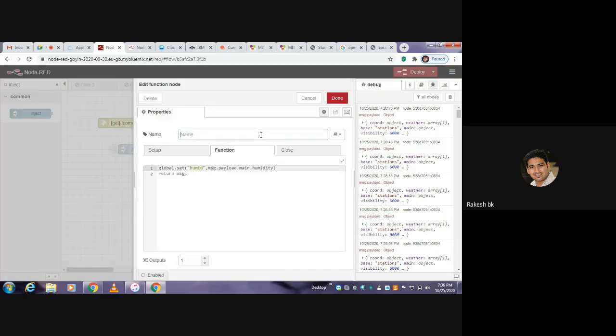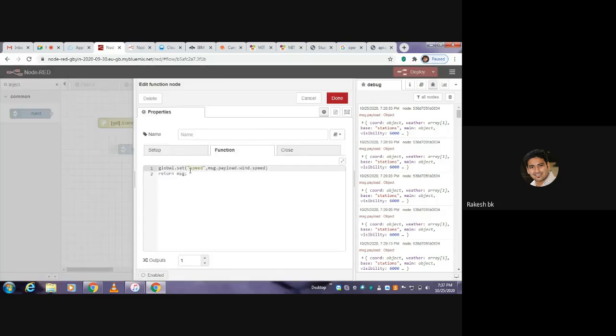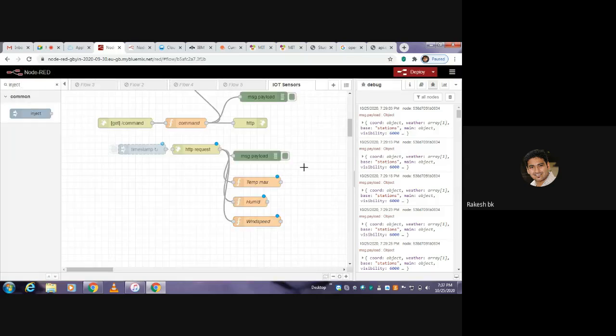So done. Next is the function, I'll go with humidity. Okay, fine. Similarly, the last function I wanted is wind speed, so I can name this wind speed. Same global.set. Once you've done this, now I want to deploy it.